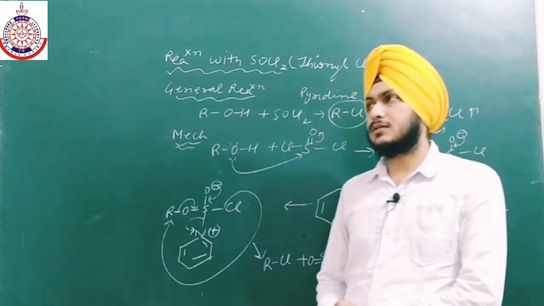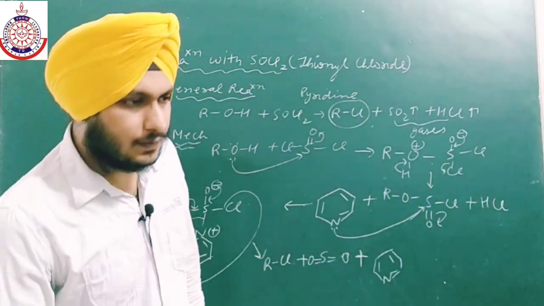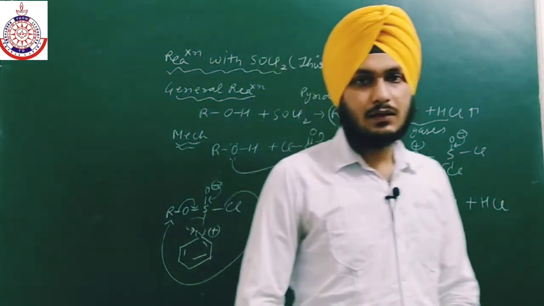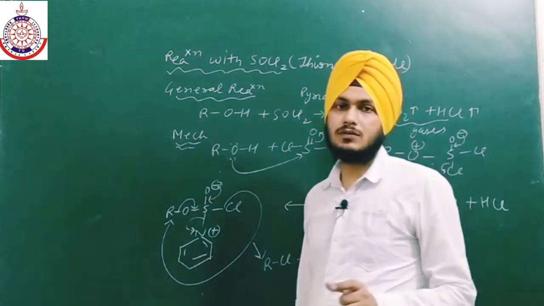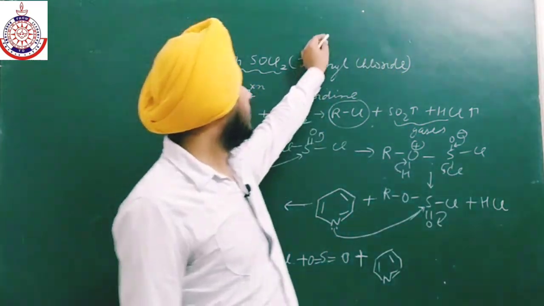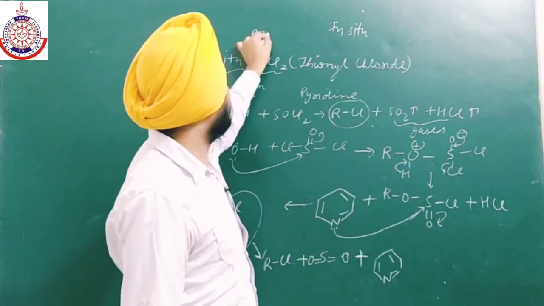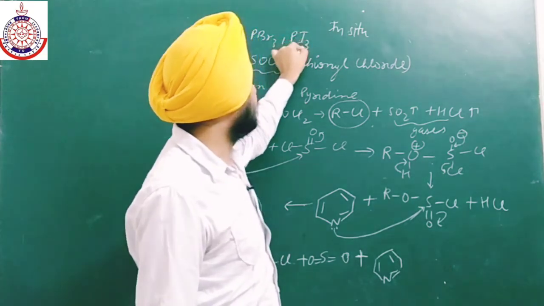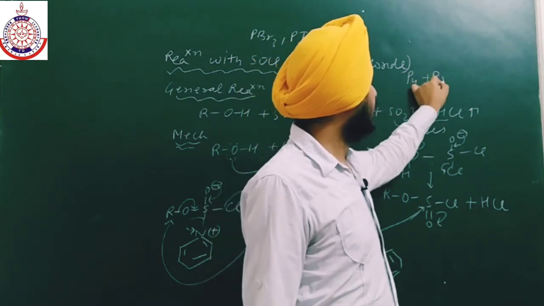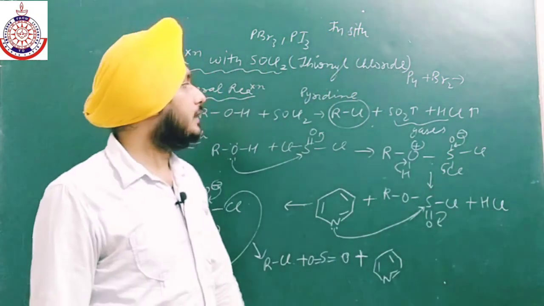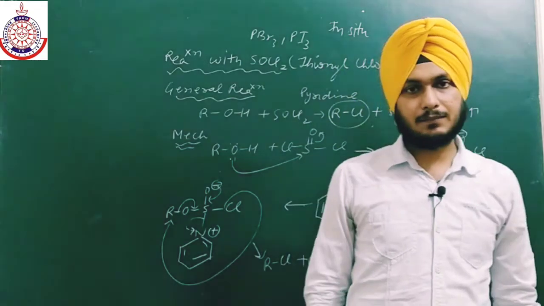So we have already discussed three methods and this one is the fourth one. In case of phosphorus halides, the trihalides PBr3 and PI3 are not so stable. So that is why we have to make them in situ, that is, during the reaction. So we have to prepare PBr3 and PI3 during the reaction. By the reaction of red phosphorus with Br2 we will get PBr3, and the reaction of red phosphorus with I2 gives PI3, and then the same procedure will happen.